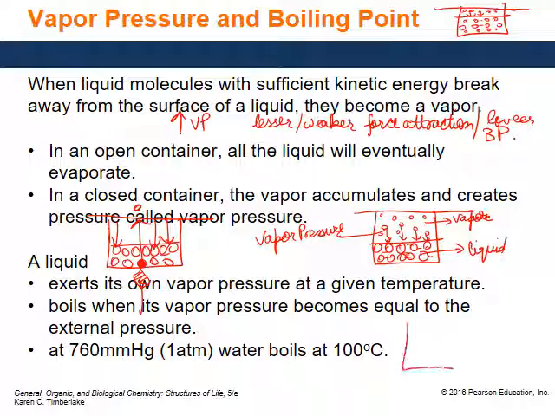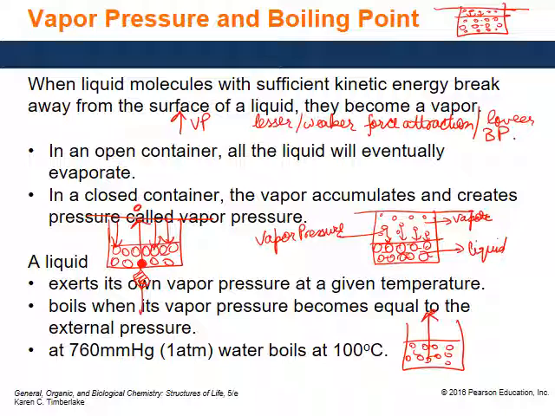What that means is, if we have a liquid here which has molecules that have very weak force of attraction with each other, what would happen? They can easily break apart from each other and turn into gas. And the temperature when they turn into gas is called the boiling point. So they can easily get to that temperature and break away.